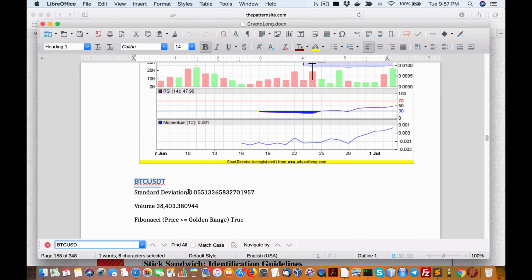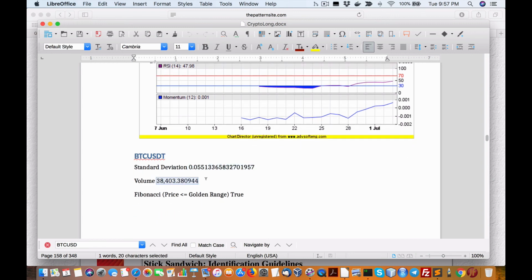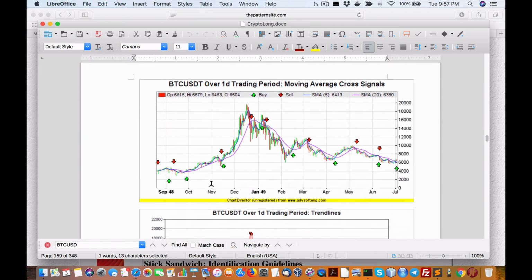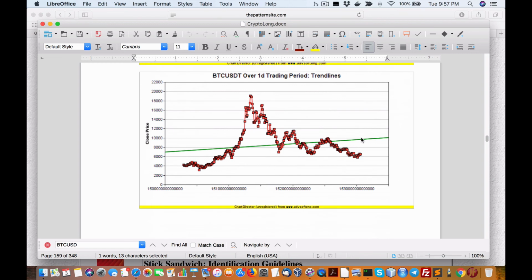Okay, so standard deviation is below the group standard deviation. Of course, the volume is pretty high, 38 million. We did get a buy signal here. The trend is now, that's on a